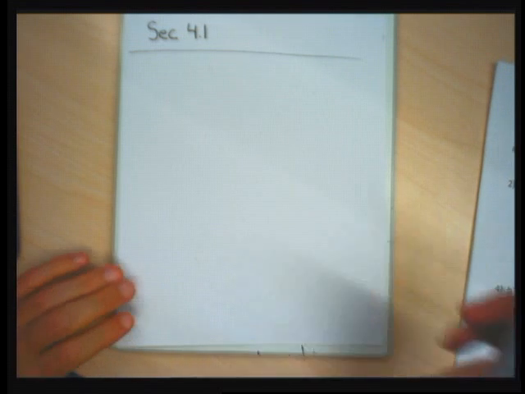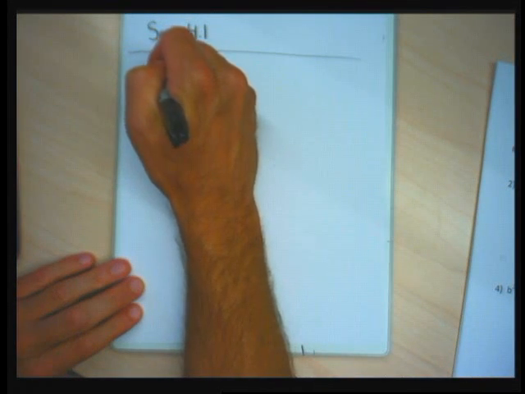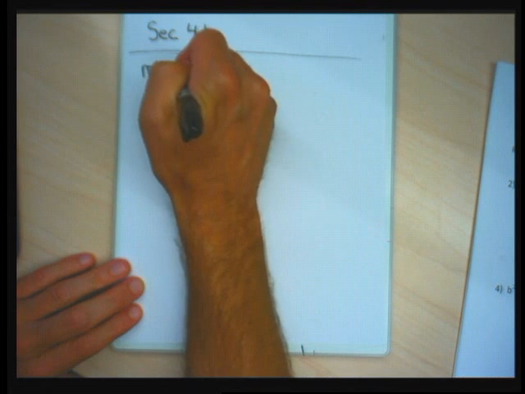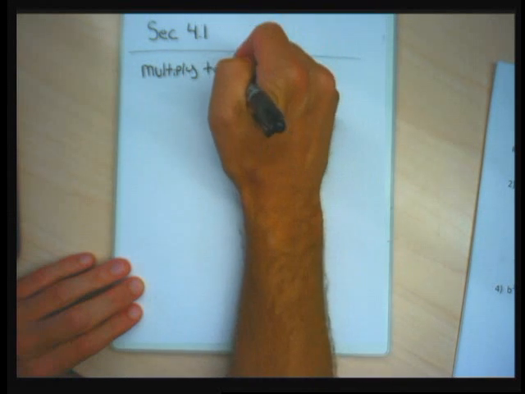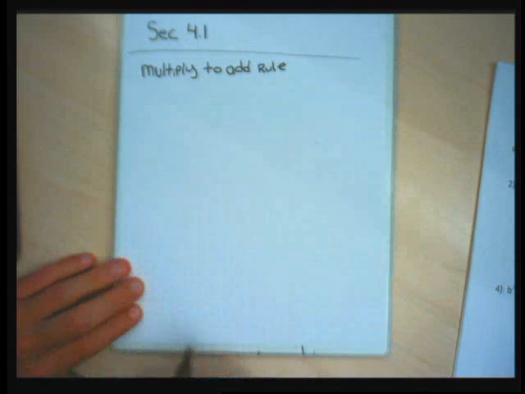So I'm going to make up just a couple of review problems before we get into the section. The section's really not terribly hard, but I just want to review a little bit some of the rules. So one of the rules I'll say is, I'll call it the multiply to add rule. I doubt that this is the real name of the rule, and I'm not sure the rule even has a